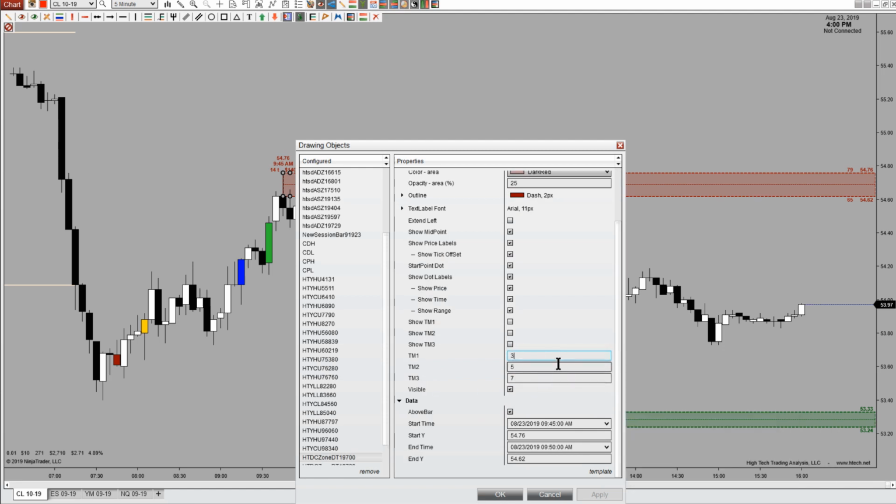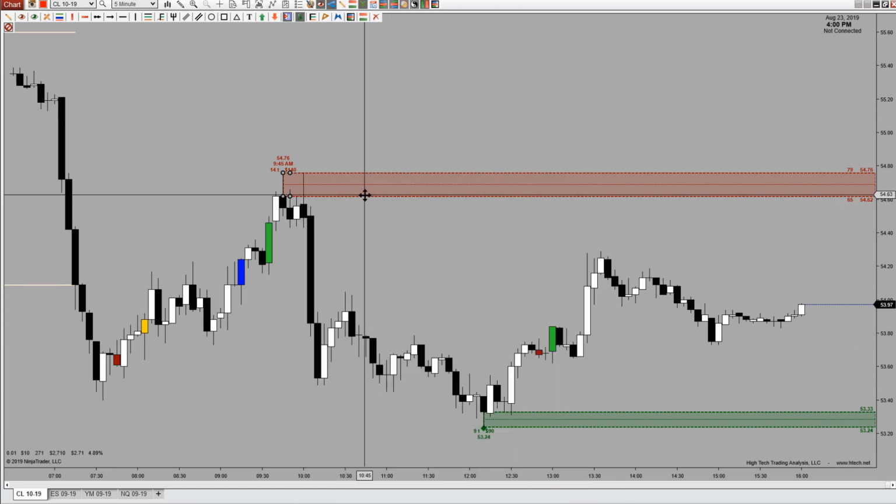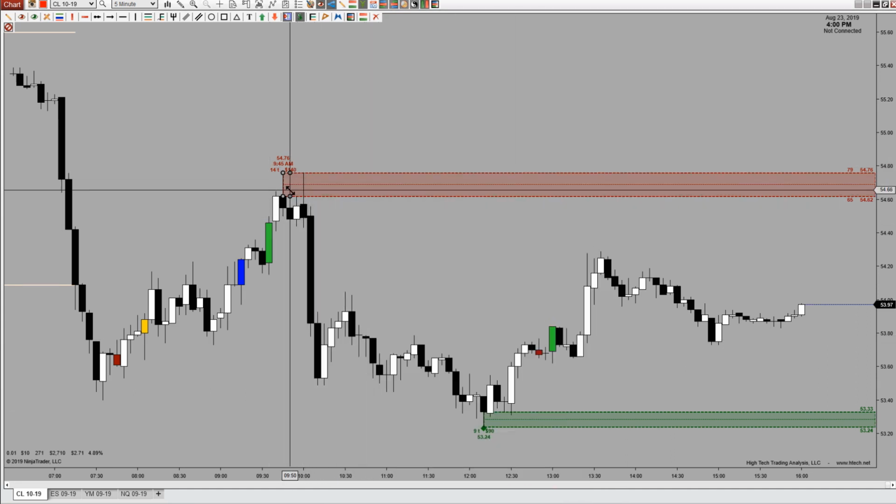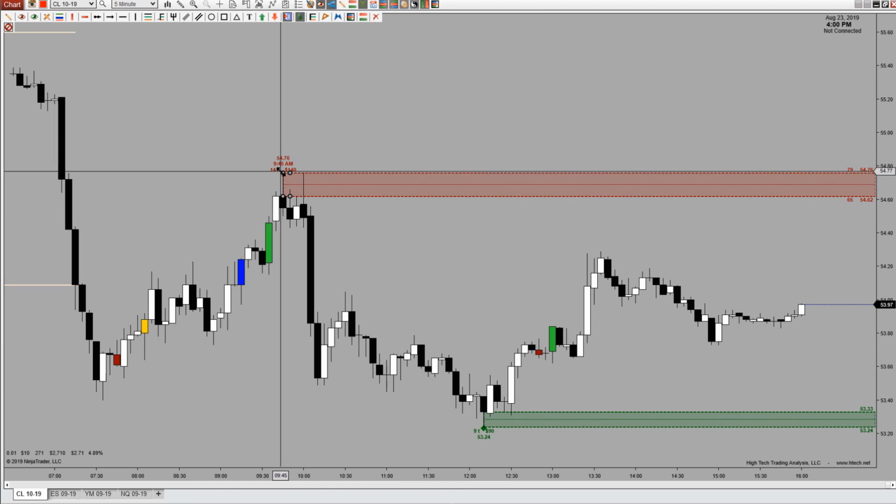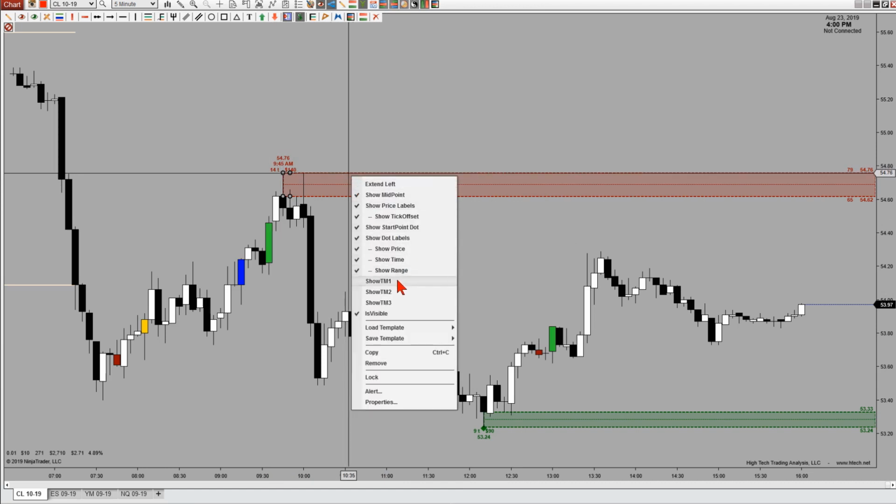You can make those whatever you want. Now, you say, what does that mean? That means that I have a zone here. I have a 14 tick zone. If I right click on that and show TM1, because I have the TM1 set up for a 3 multiple, that means that